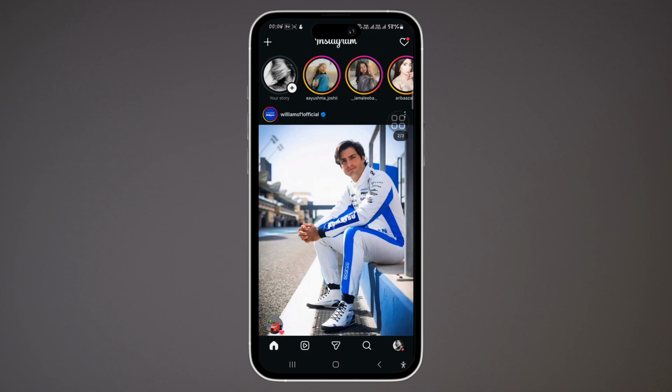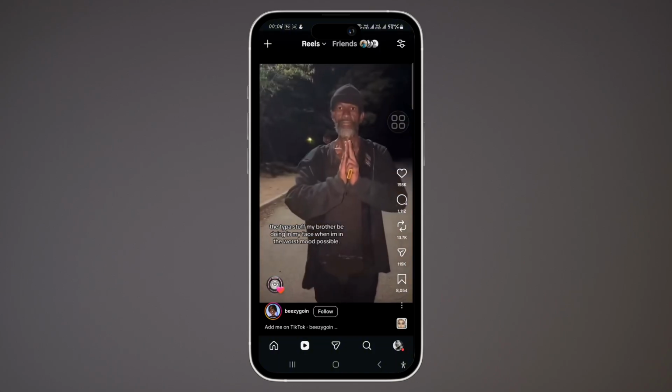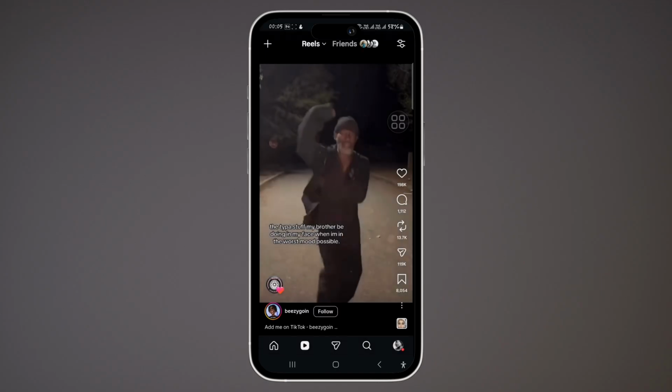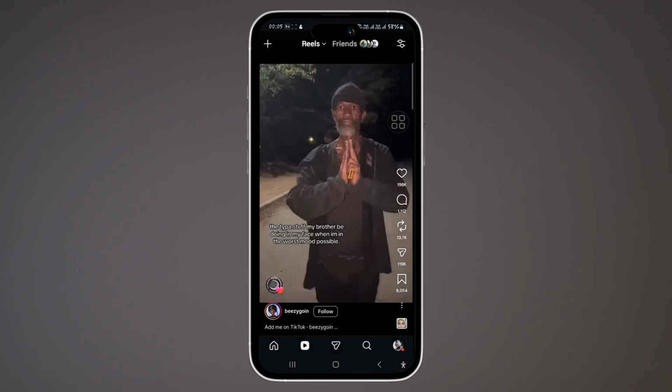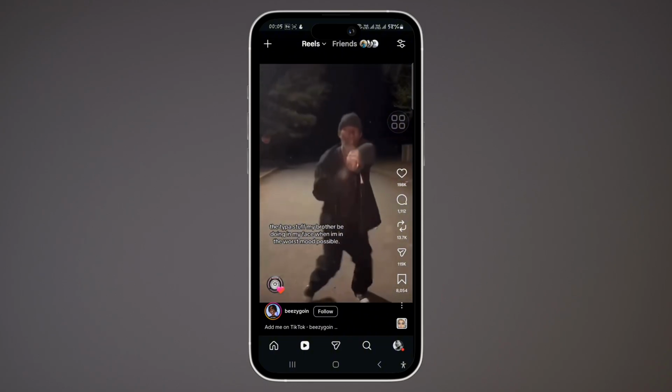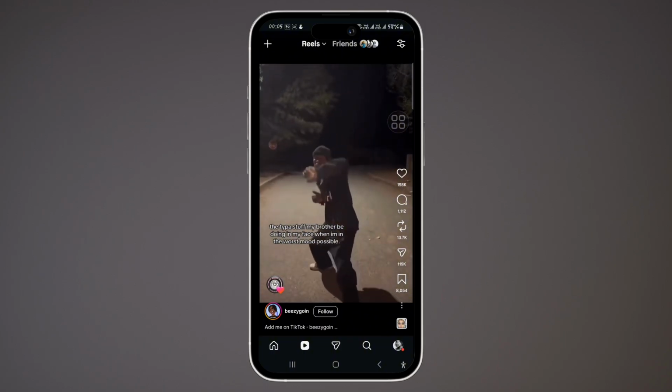Go to the Reels section and look for your friend's profile picture icon in the bottom left hand side of the screen. And if you tap on their profile picture, you can also message them about the post that they have liked. If you don't see the friends or you want to hide your own likes, you can go to